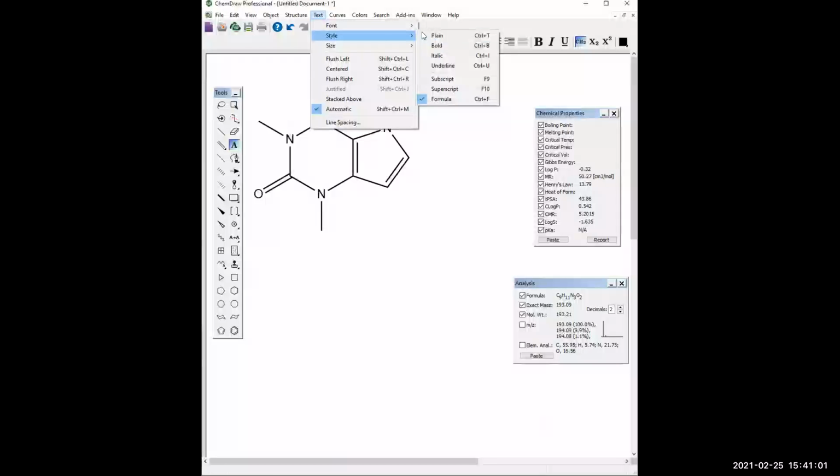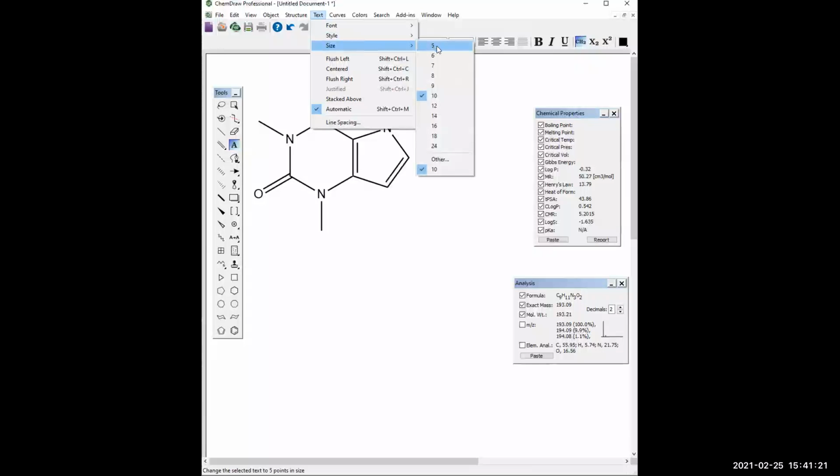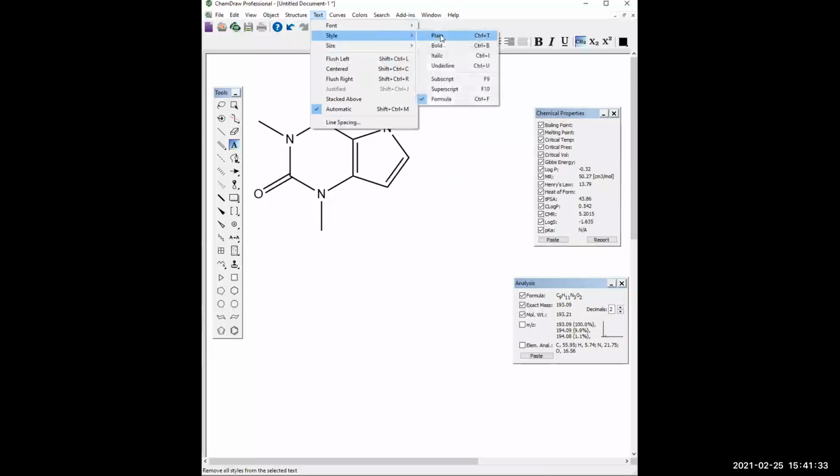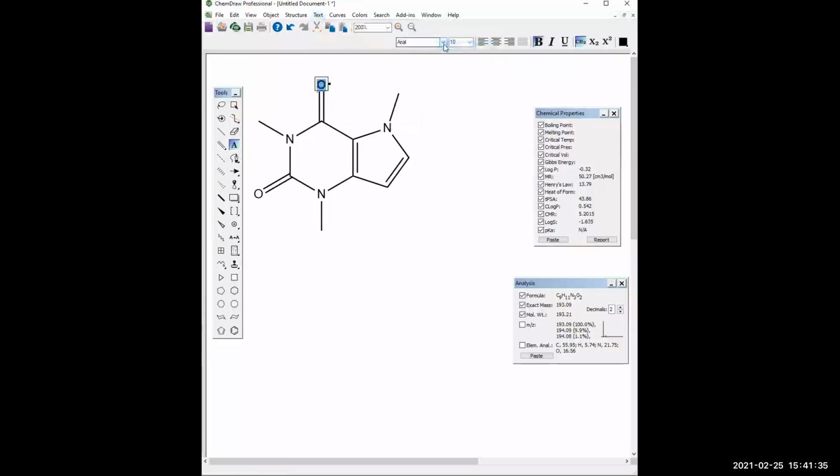You also have style. So if you want to bold something, if you're typing out, say, a formula and you want to superscript something or subscript something, you can click these here or click the F9, F10 commands. And then you can also change the size. So you can see you have a few different pre-selected options, up to 24. Or you can click other if you want to do a custom option. So I am going to bold this. So I'm going to bold our oxygen. As you can see now, if I click out of that,